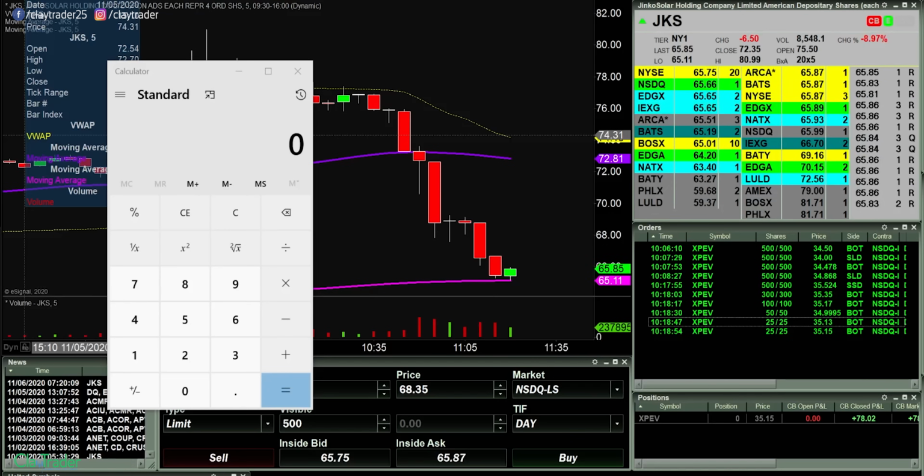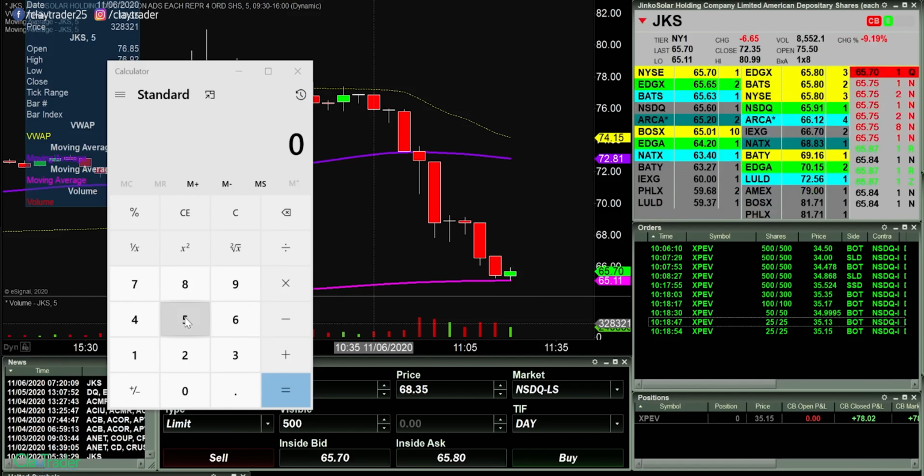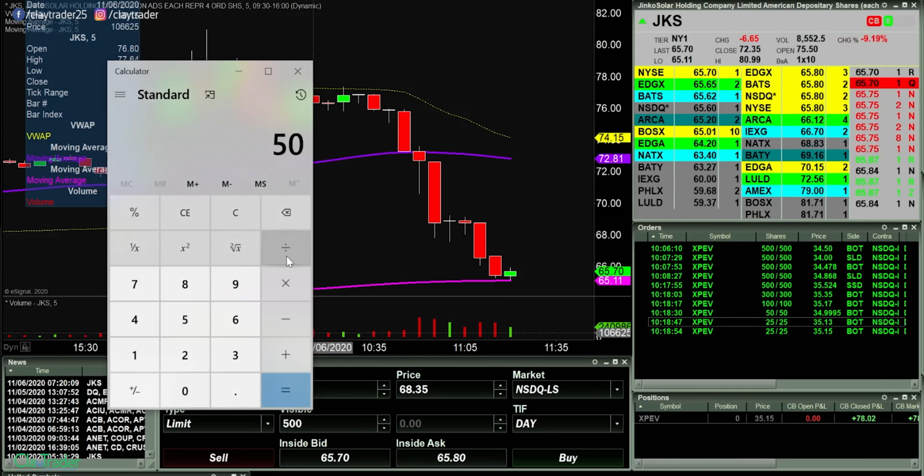So the way the math works is very easy. The first thing you're going to do is enter into your calculator or spreadsheet the amount that you're okay with losing. So in this situation, $50. You're then going to divide by whatever amount you think you could potentially lose.